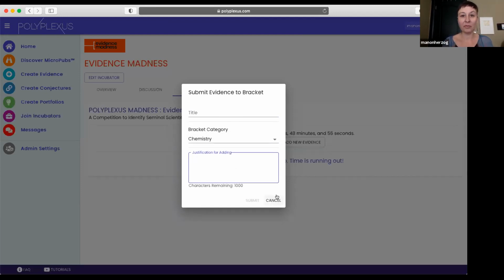And for right now, I'm not going to fill it in or hit submit because this is really important. You can only add one piece of evidence. And so I want to take you through both options first. I will come back here and show you how you would add a new piece of evidence so you see the whole process. So I hit cancel for right now